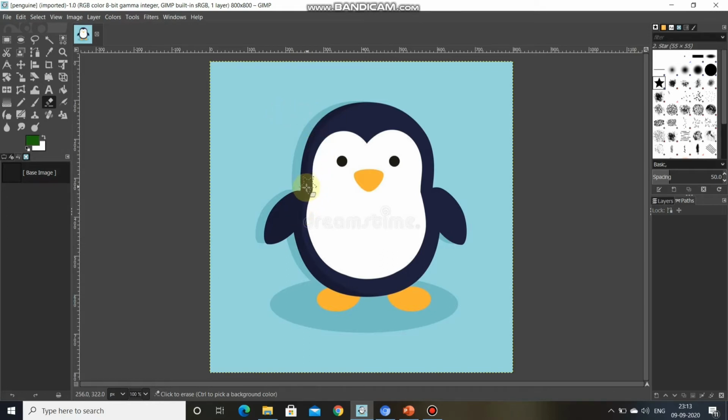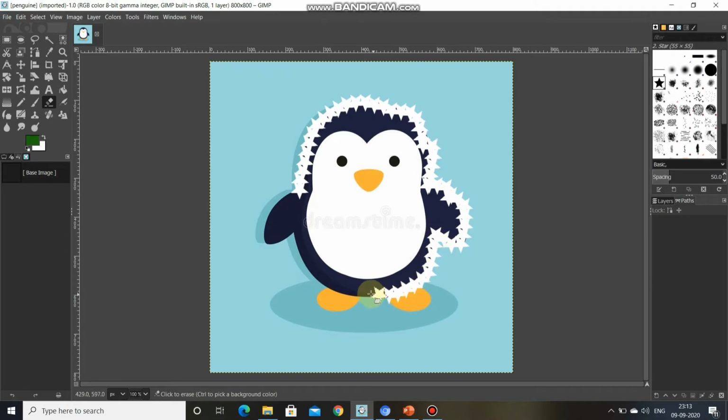I'm putting it at the edge of this penguin, clicking the left mouse button and dragging. Can you see the shape of the star?